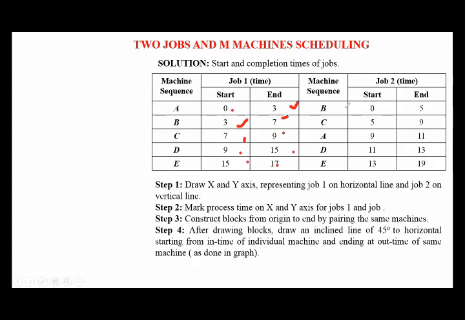Next, coming to job 2. Job 2 also we are going to start at the 0th hour, on mission B. The sequence is already given in our problem itself. We start this B mission at the 0th hour, and we require 5 hours process time. So 0 plus 5, 5 hours. Next, C we start at the 5th hour, and we add the process time for this. Then we get 9 hours. Like that, we calculated for all missions, that is, start time and end times.